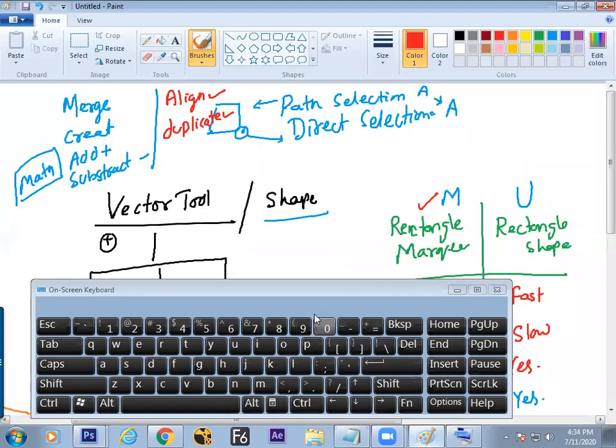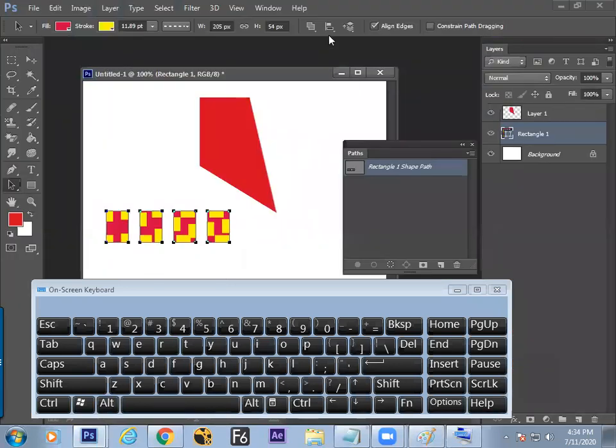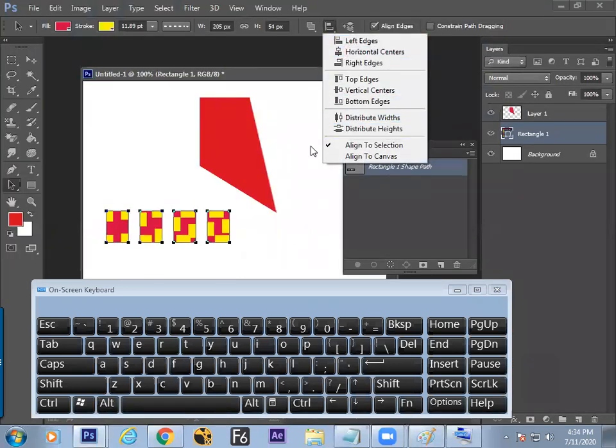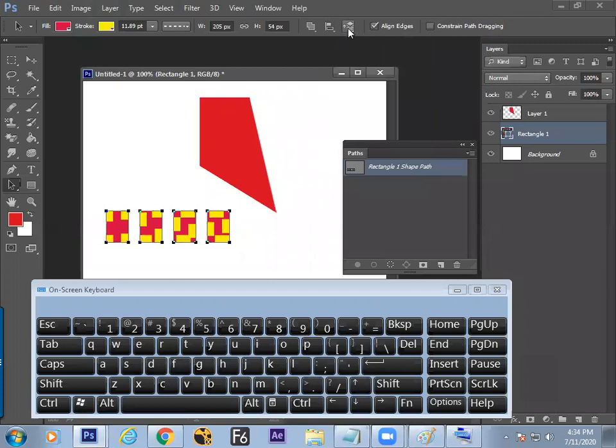So one more information add up. What is that? Distribution possible. Duplication, alignment, math, new creations. So all the buttons are here. Second. Now the next one. This is called arrangement.